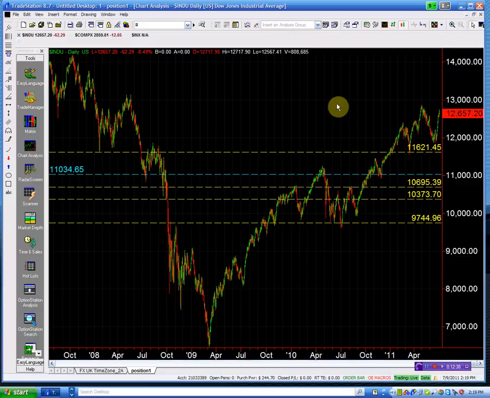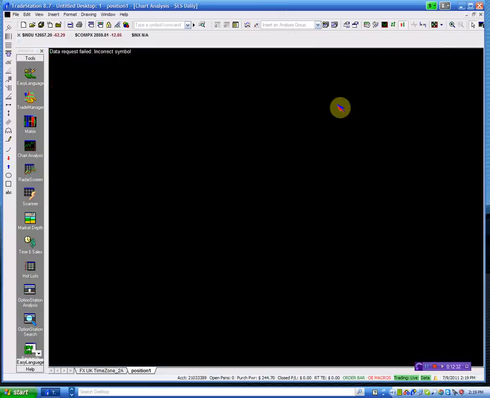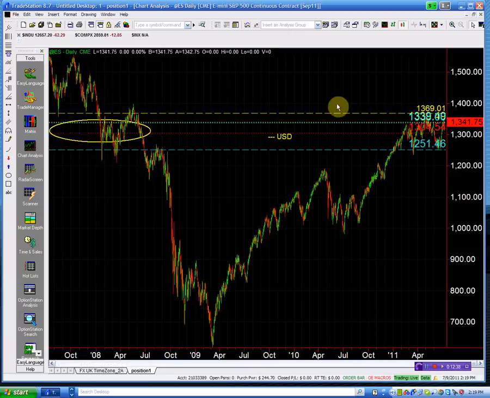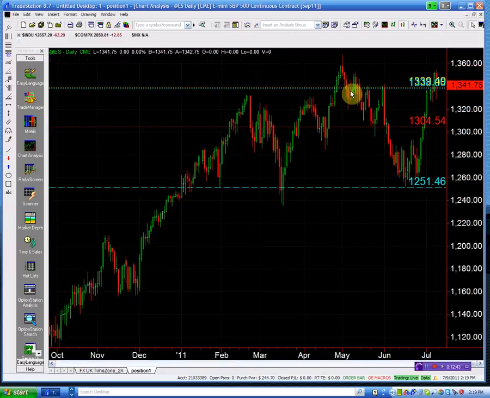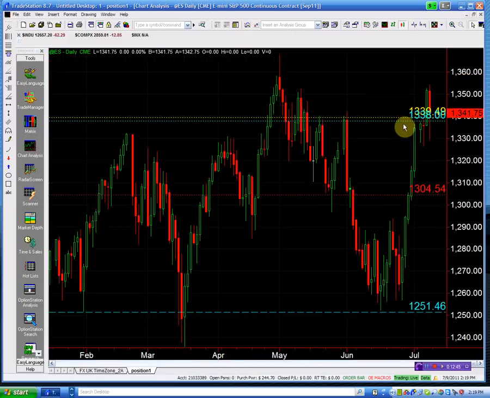If you look at the S&P, it closed the week at 1341, right above the 1339 and 1338 structure point, which is again a very strong close for the